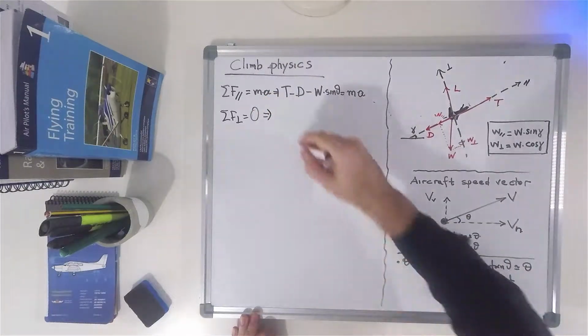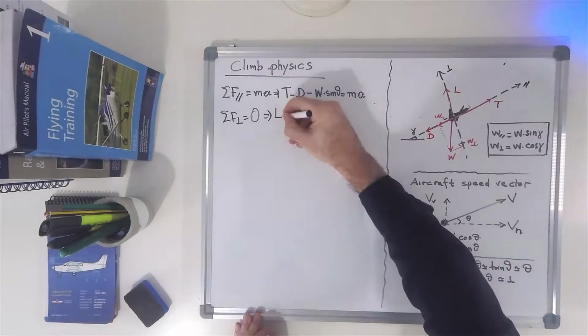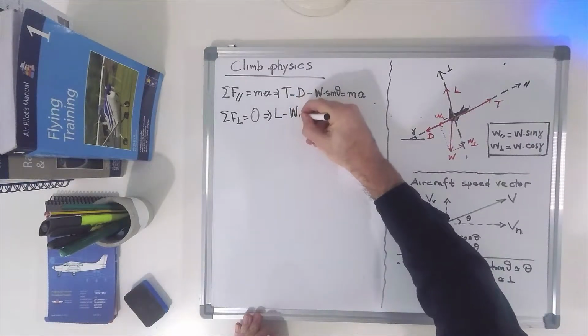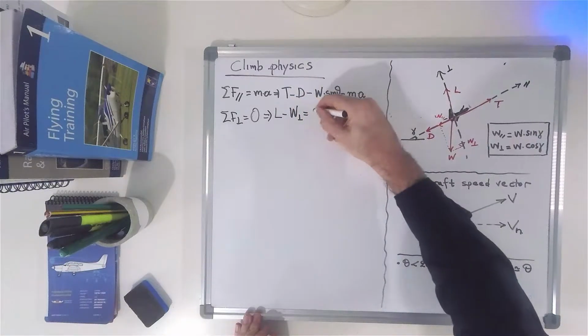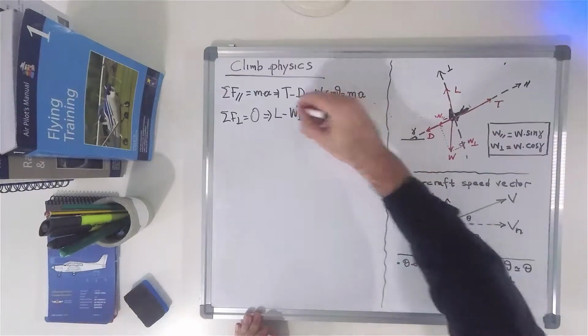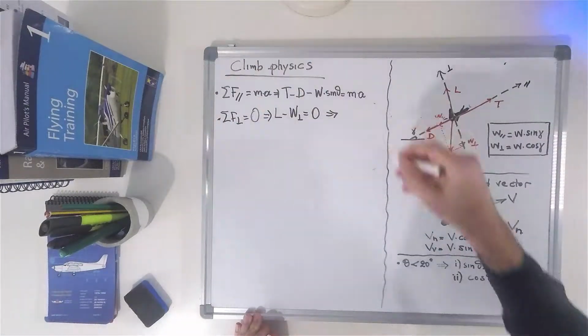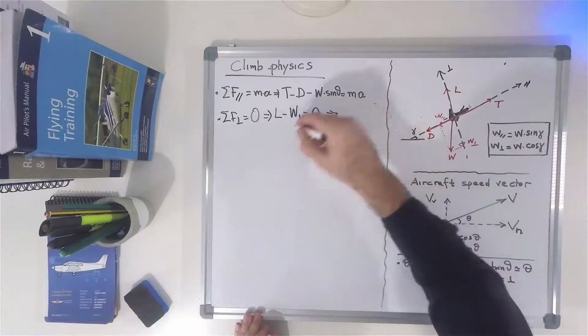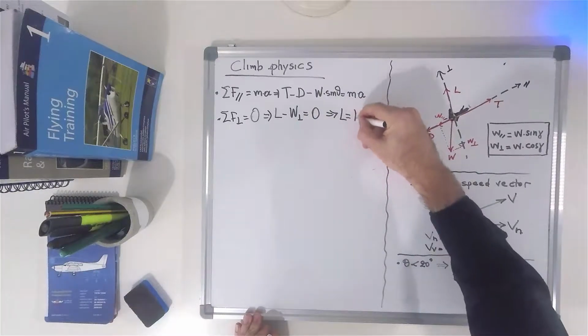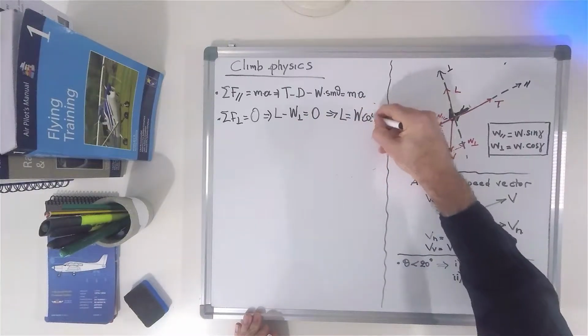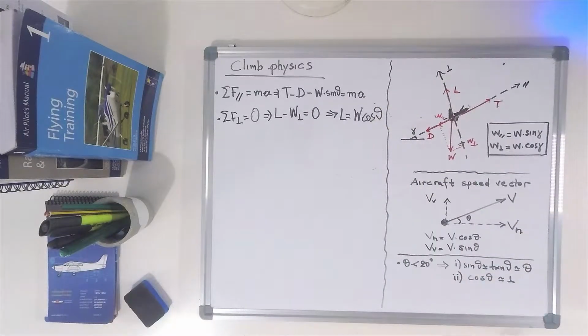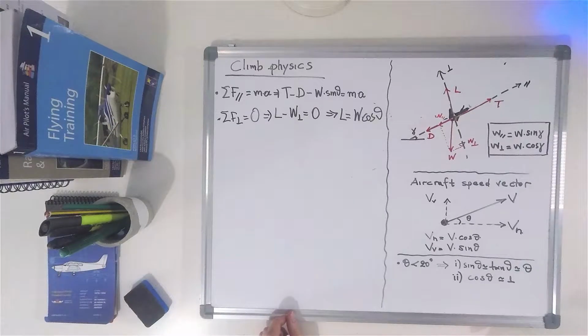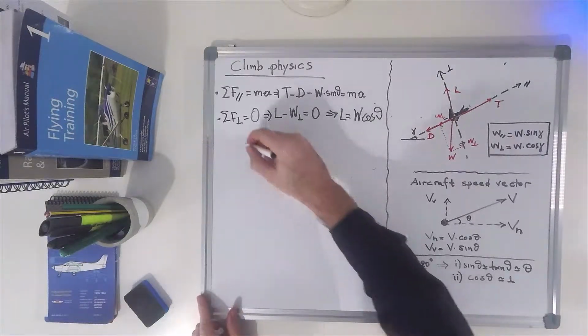So in that case, lift minus the perpendicular component of weight equals 0, which means that lift equals this. In any case, from the first equation multiplied by the airspeed, we have that